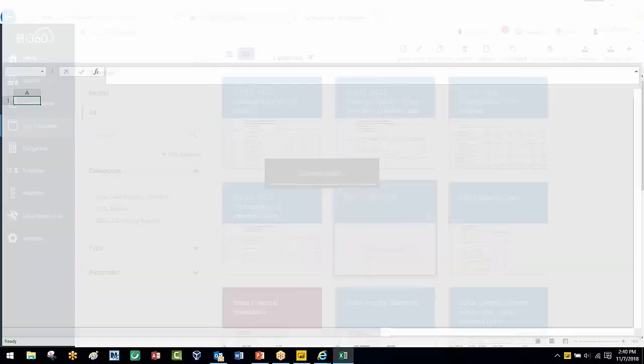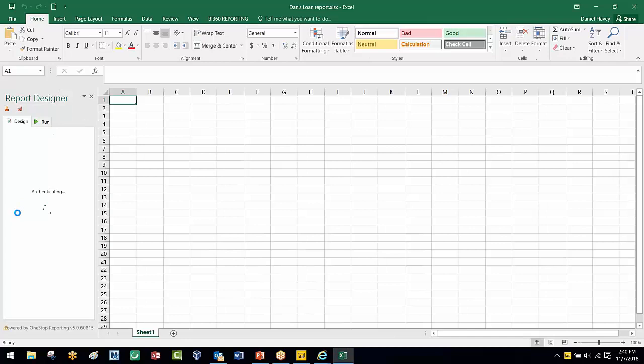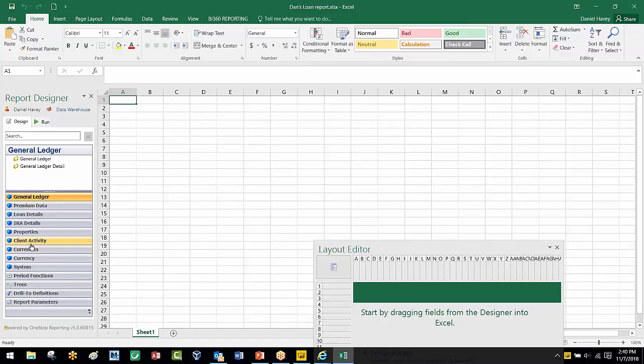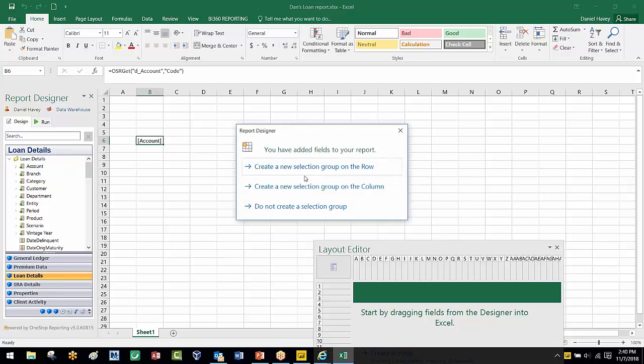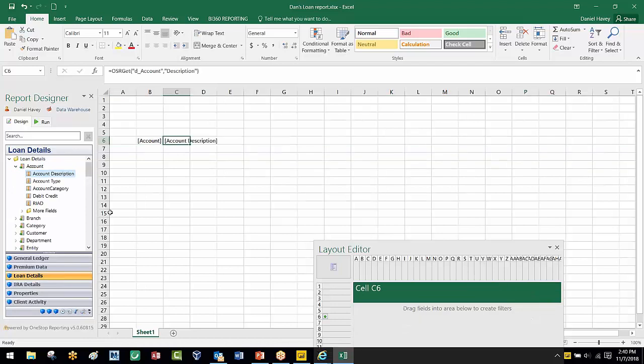So once again, it's opening up Excel. As I mentioned, it's an add-in to Excel that's going to expose the tables within your data warehouse. I just simply have access to many different warehouses and such. I just wanted to pull up a very specific table. So let's say I want to do something on loan, and I want to look at, say, account. I want to burst it on row. Within account, I want the description, and I want the, let's say, the customer